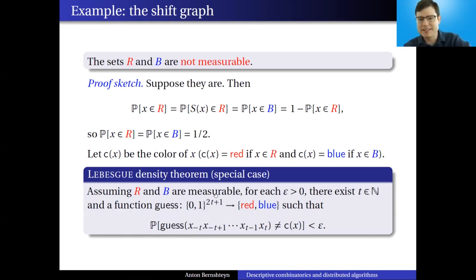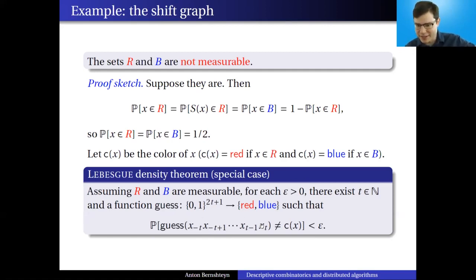So assuming that these two sets are measurable, it says that for each epsilon bigger than 0, you can find a natural number t and some kind of guessing function that, given a finite sequence of zeros and ones of length 2t plus 1, outputs a color, either red or blue, such that if you take a random sequence x and look at the entries at the positions -t, -t plus 1, etc. up to t, so these are 2t plus 1 bits from the sequence that you look at,